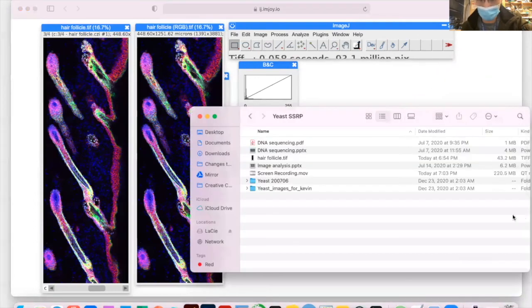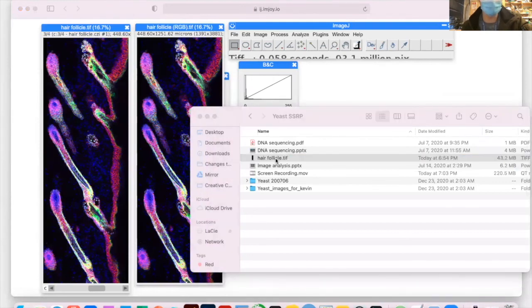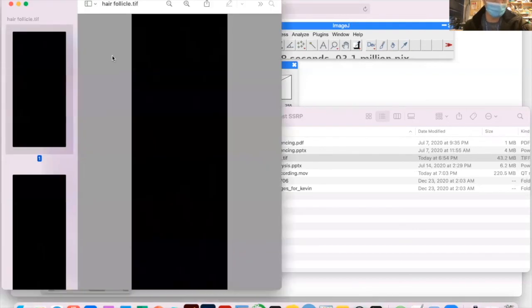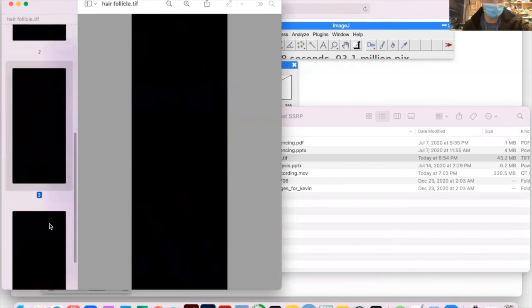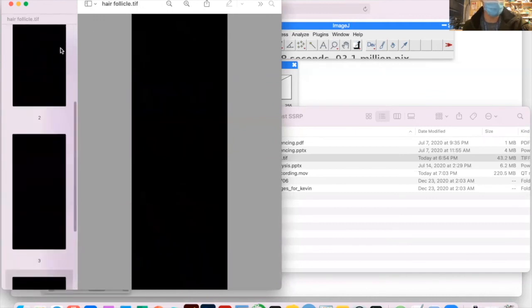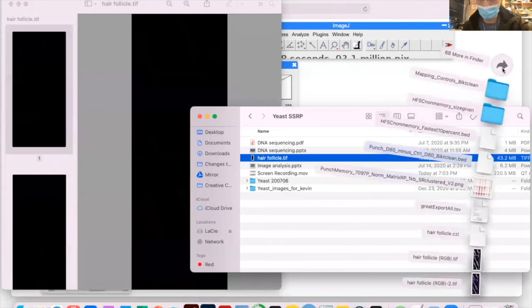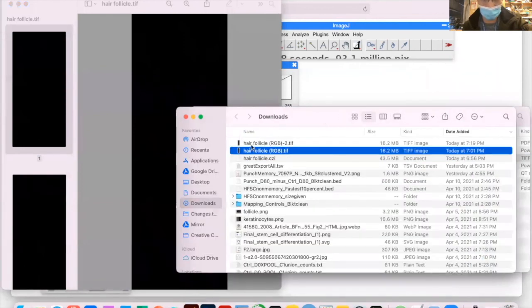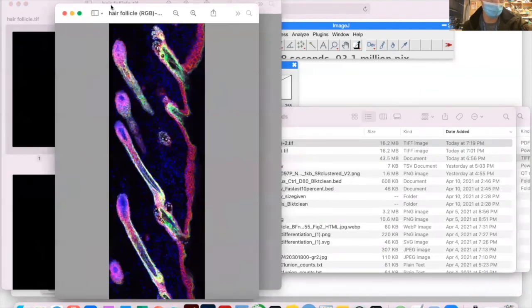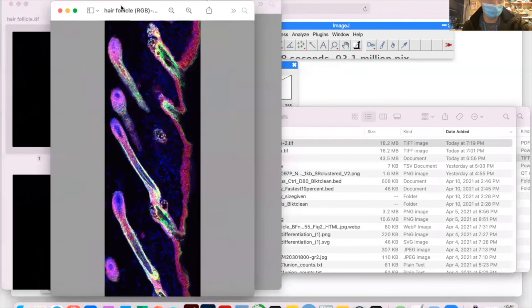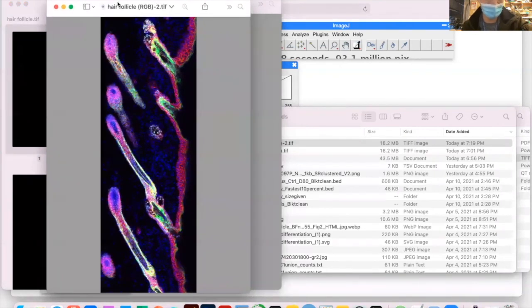So if we go back here to the original image, if you click on that and just try to preview it in your computer, well, it's loading. You see that actually you don't see anything because this image has not been processed. And you cannot really see it with regular viewing applications like the one that you see here. But now if we go to the new one, which we just downloaded, which is here, if I double click that just to view it, now you can actually see it. And this you can use in any application like PowerPoint or whichever you want.